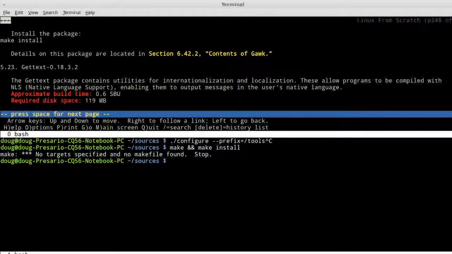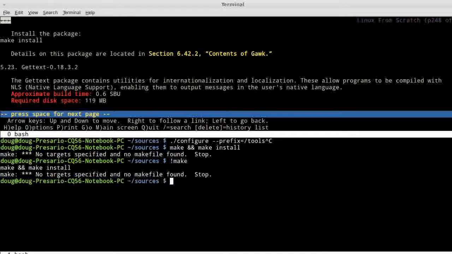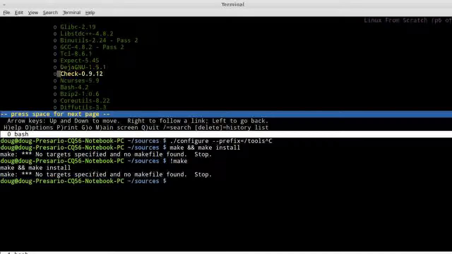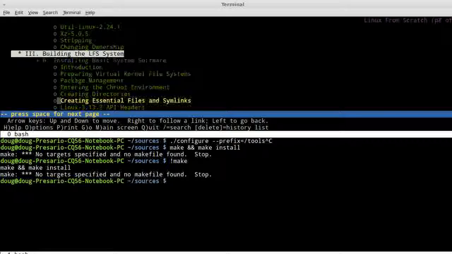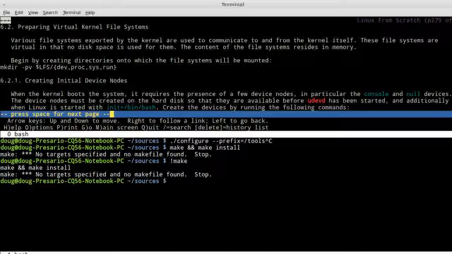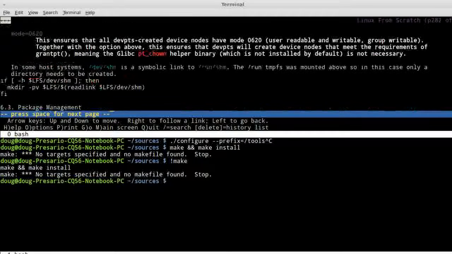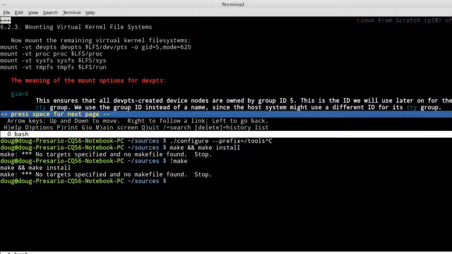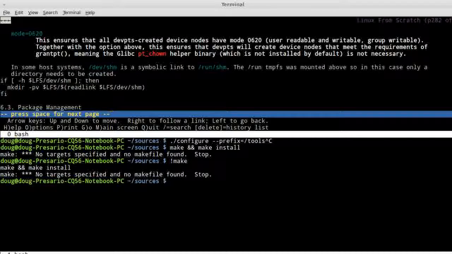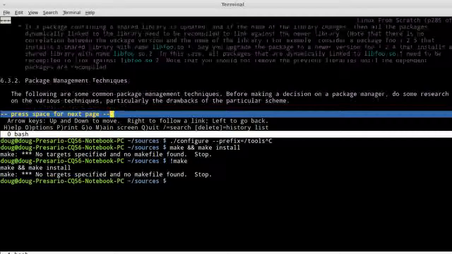Okay, so now if I ever said make or not make, it would automatically make and make install. Okay, so that's what I do. And on the rest of the tips and tricks, just take your time and find a little pattern, a little bop, read things you need to,